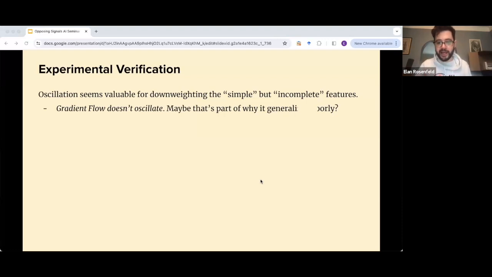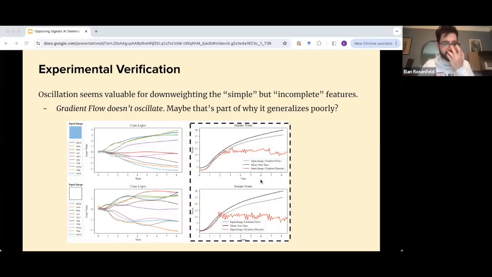In fact, let me just note, I don't think I have the reference in this talk, but I do have it in the paper. There's a paper from 2019 called Towards Understanding the Generalization Benefits of Large Learning Rate. They have a very hypothetical theoretical model, which in the past I thought, oh, that's nice, but does it really apply to reality? And in fact, it describes exactly this process. So I think it's quite related. Well, not exactly, but very similar. Anyways, sorry. So here's the experimental study with gradient flow.